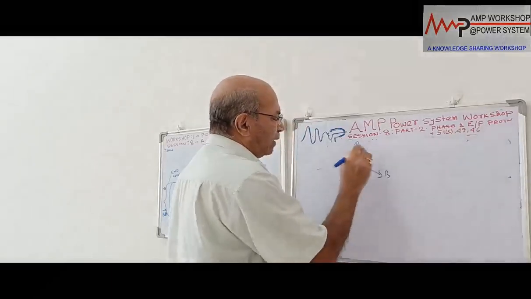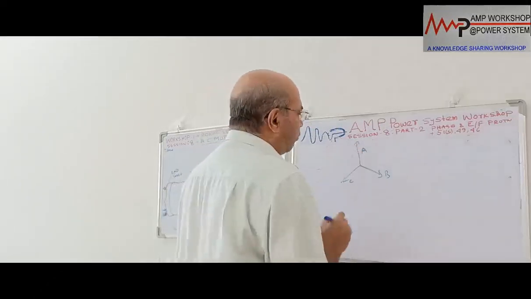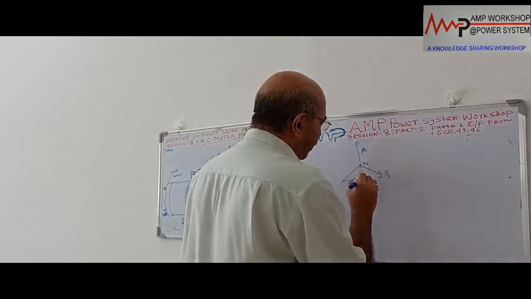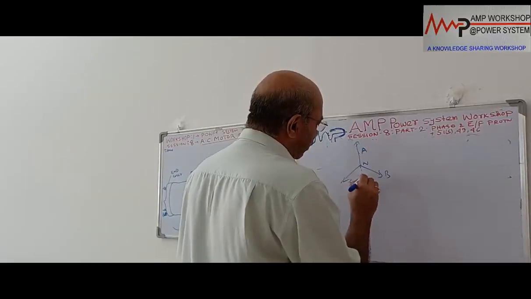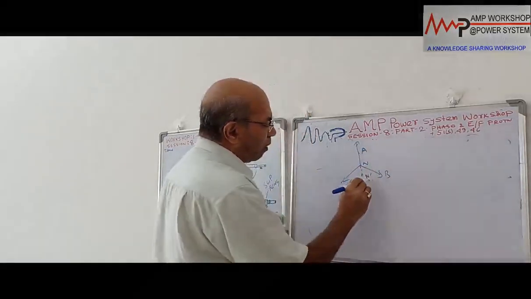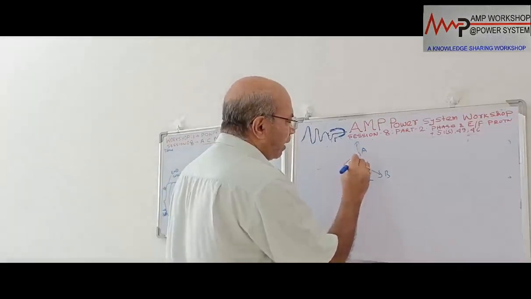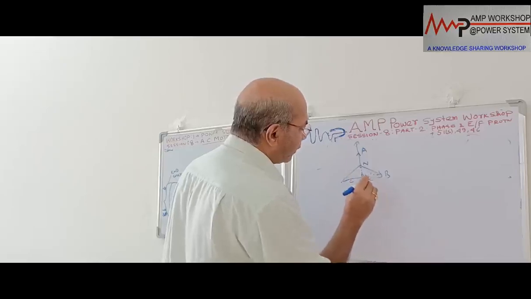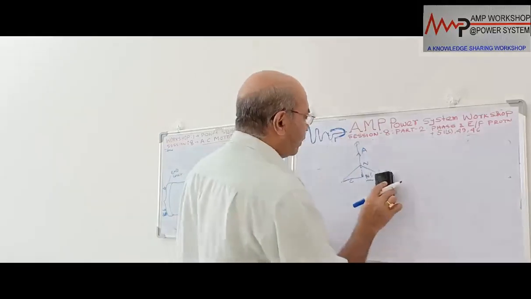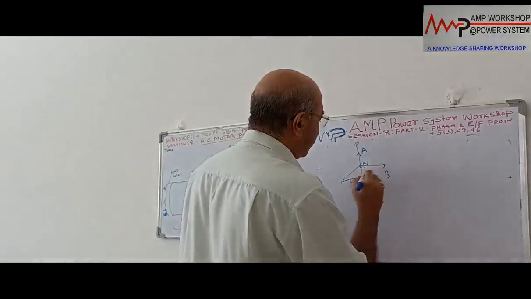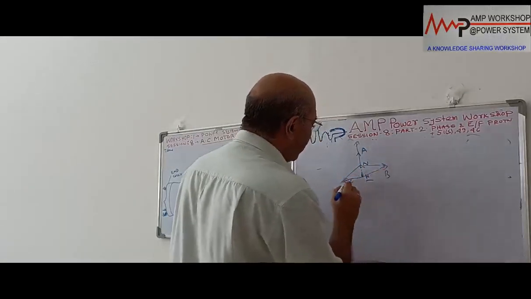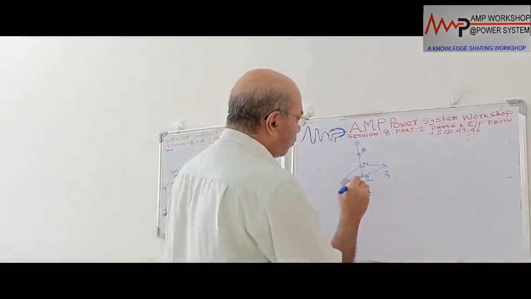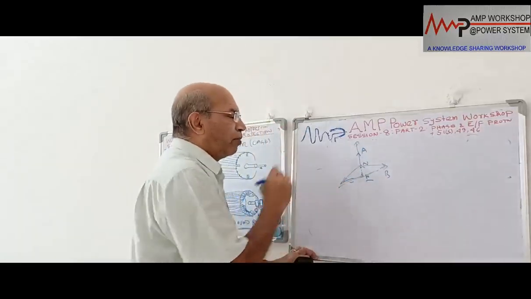The moment A phase has an arc fault, immediately the neutral point will not remain a neutral point, it will be shifted over here. A new neutral will be formed over here, and then the A vector will be lying like this. Then automatically the C vector voltage and B vector voltage will be like this. B is at 120 degrees. So this will be the new voltage, and this voltage will be longer than this voltage, so automatically C voltage and B voltage will be higher than the normal voltage.